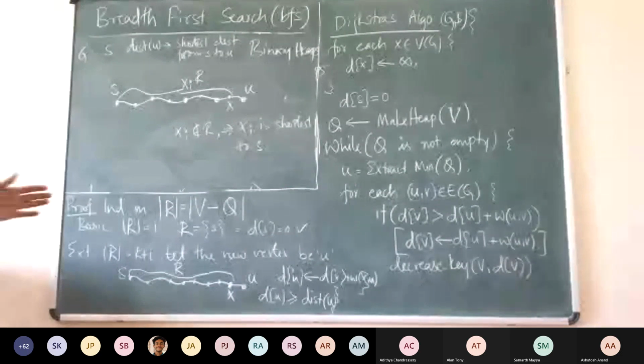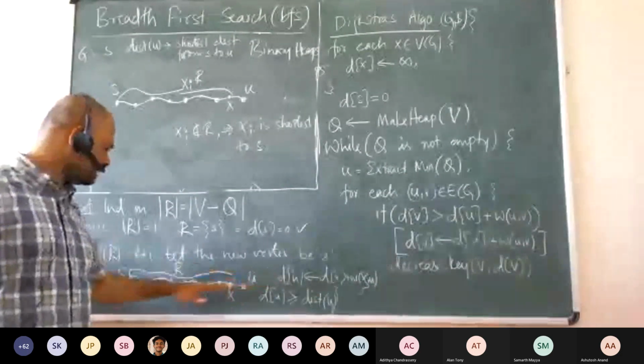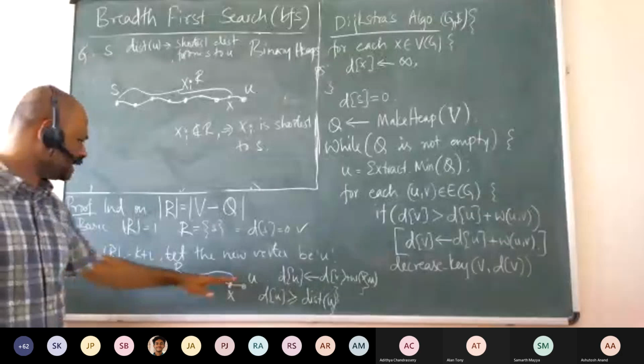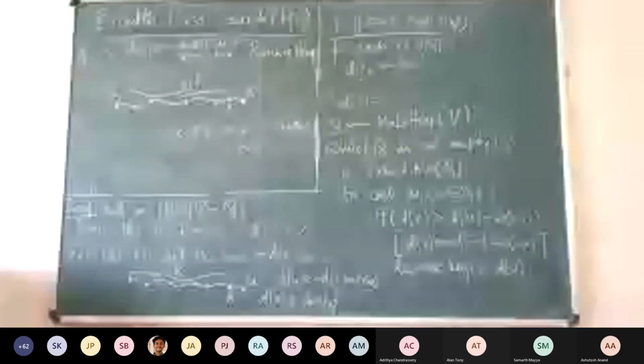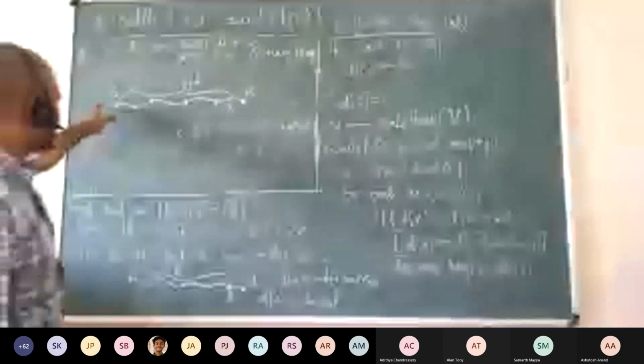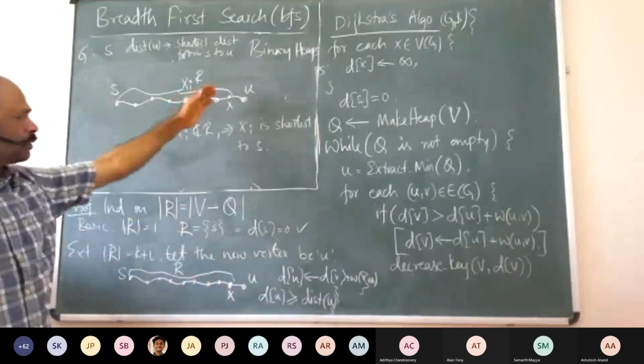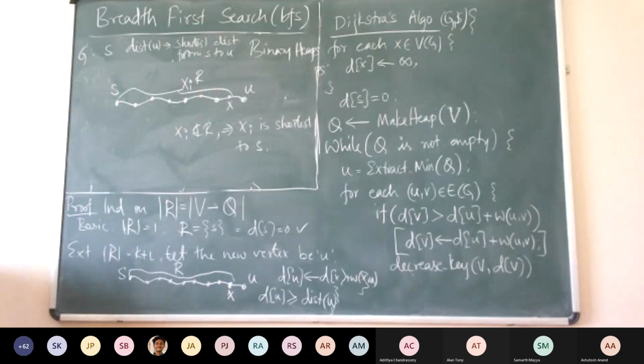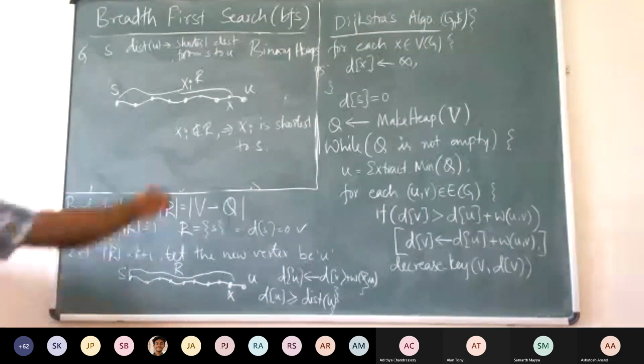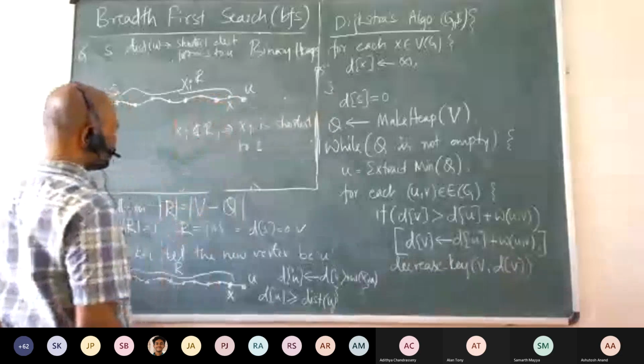Notice that they both look the same. Here, when I consider this path, I considered the way it was obtained from the algorithm. Here I am considering any shortest path. This direction is not even necessary actually. Even by definition, this is true. You could go ahead with this. The distance to X is set correctly by the inductive hypothesis.